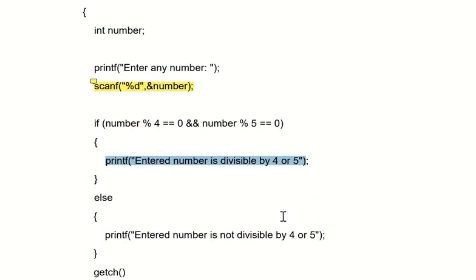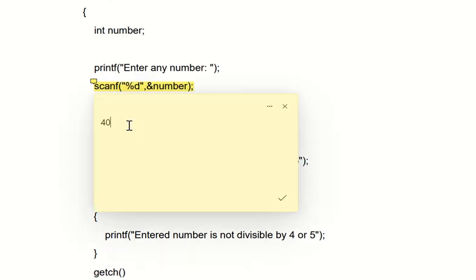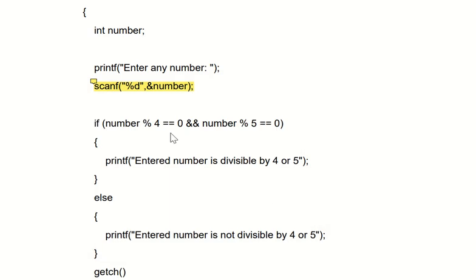But if for example the user has entered, instead of 40, 25, okay, not 40 but 25. So again the if condition: here 25 mod 4 equal to 0. In that case 25 divided by 4, we will not get remainder 0. So the condition is false. The first part is false, and the second part, 25 divided by 5, here we will get remainder 0.